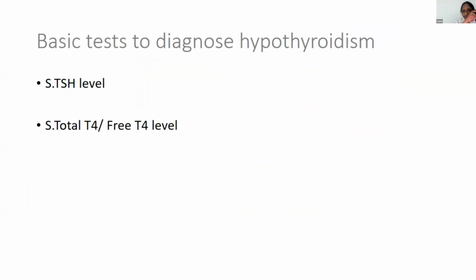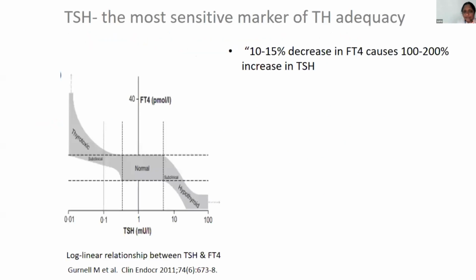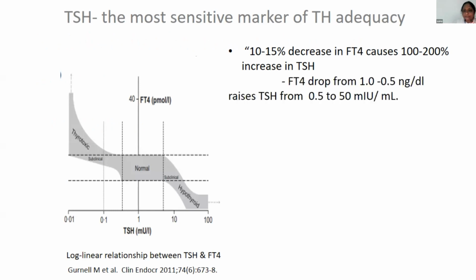So when we think about the basic tests to diagnose hypothyroidism, we know that it is TSH, T4 levels, and an available free T4. And why so? Because TSH is the most sensitive marker of thyroid hormone adequacy. It's actually a log-linear relationship. A 10 to 15% decrease in free T4 causes a 100 to 200% increase in TSH. So for example, if the free T4 drops from 1 to 0.5, it raises the TSH from 0.5 to 50